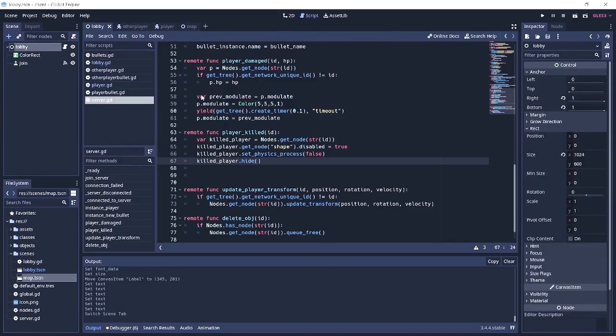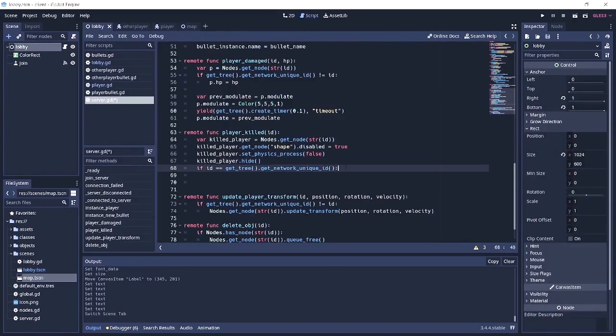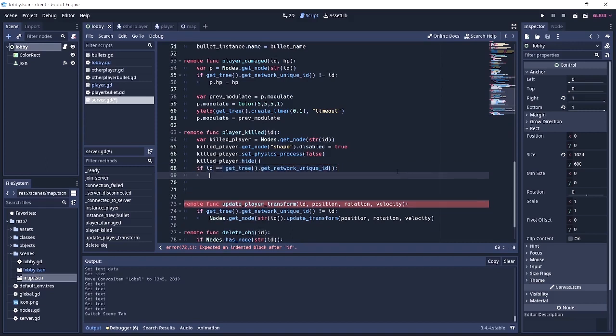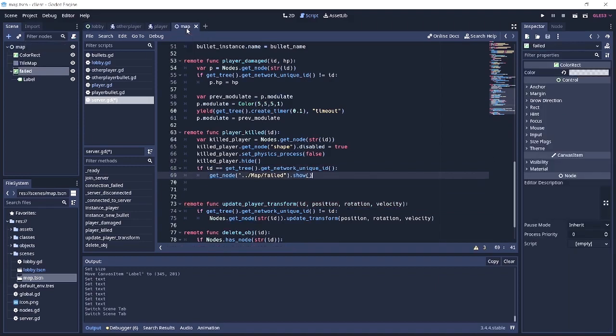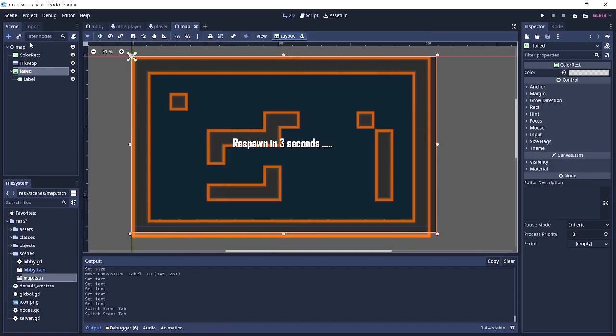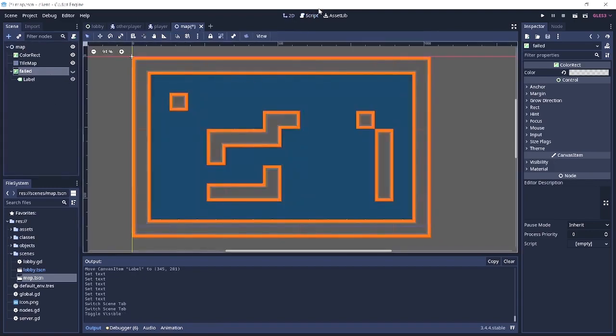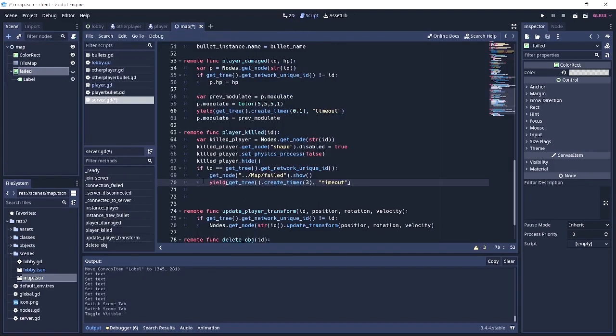So if we go back to the server.gd, under here, we're going to check if the ID of the player that died is equal to our ID. Then if it's ours, that means it's us that died. So we're going to get the fail node and just show it. And the fail node is just that fail screen that we just created. Yeah, in fact, by default, the visibility is meant to be turned off. Then we're going to wait for 3 seconds using